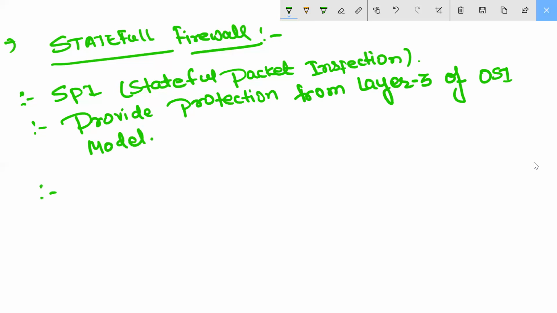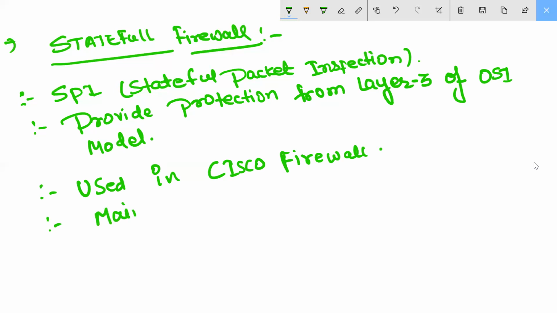Okay, next point is used in Cisco firewall. That's what I told you. Stateful firewall comes inside your Cisco ASA. So I'm writing here: used in Cisco firewall. Okay, next is here: maintain a session table. Okay, next is your every TCP